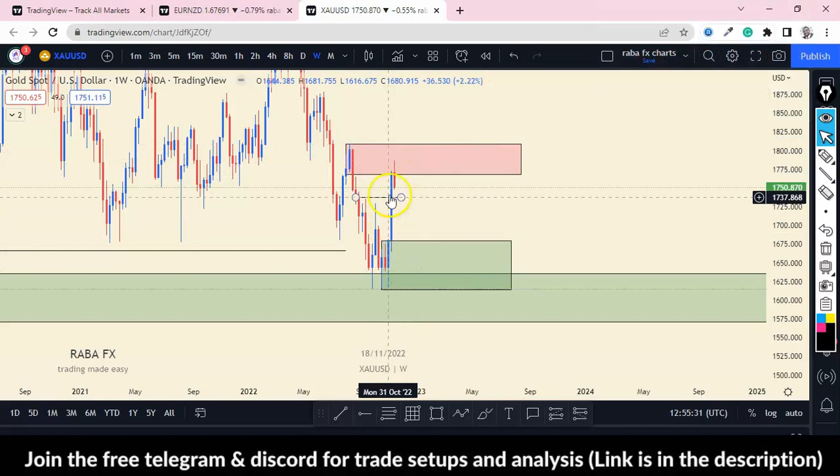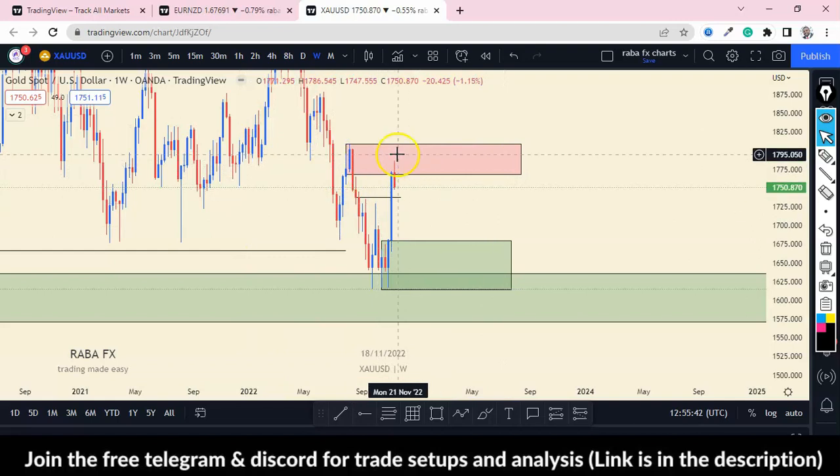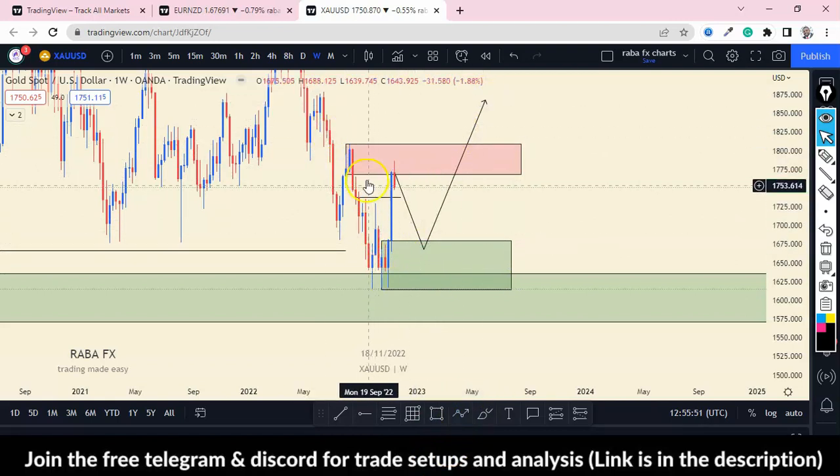If you are buying, you exit from those levels and then look for short positions, okay, and enter that trade. So right now we are currently bearish, okay, based on the weekly. And where is the target? We are targeting this area. Then from there we can switch to bullish to be in conformity